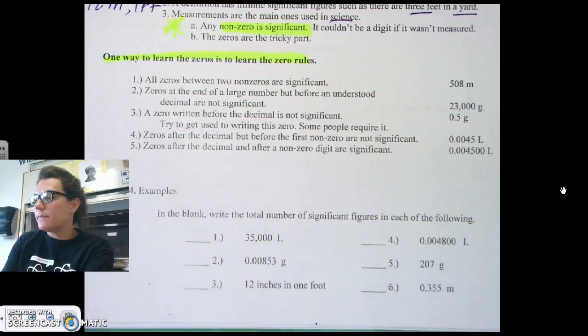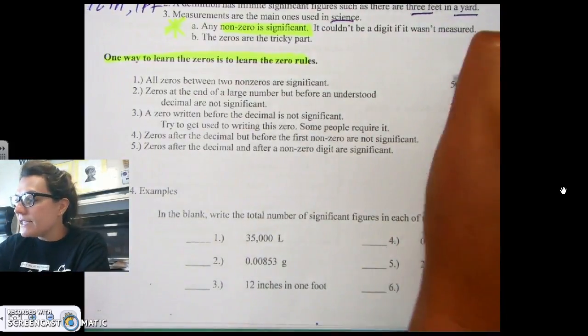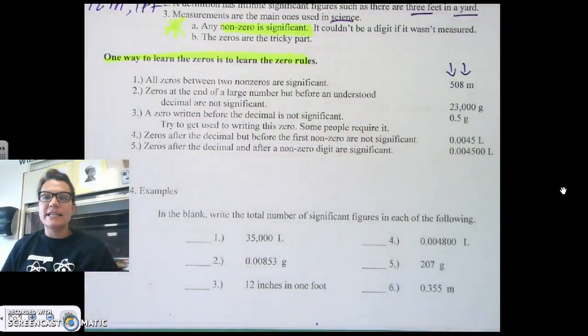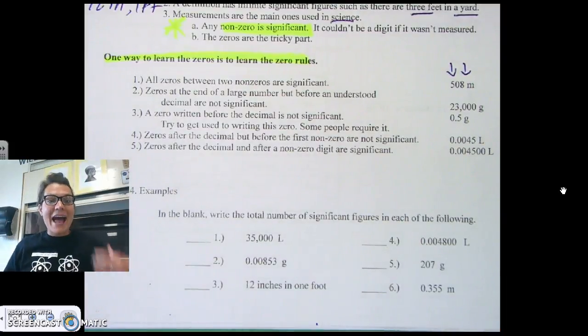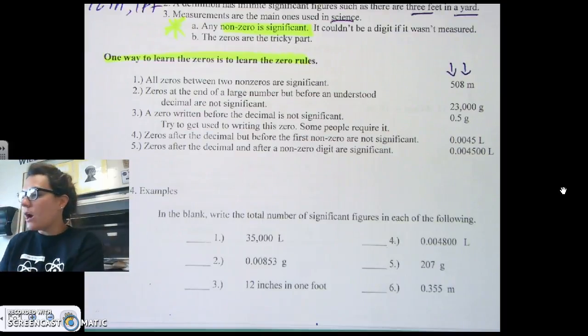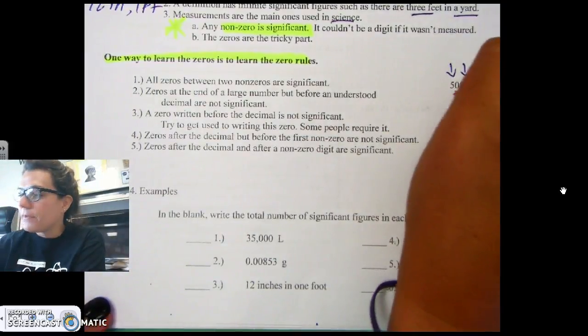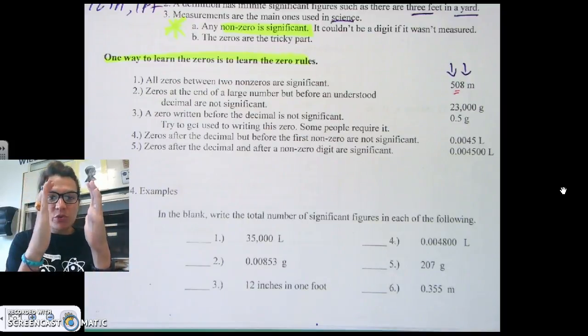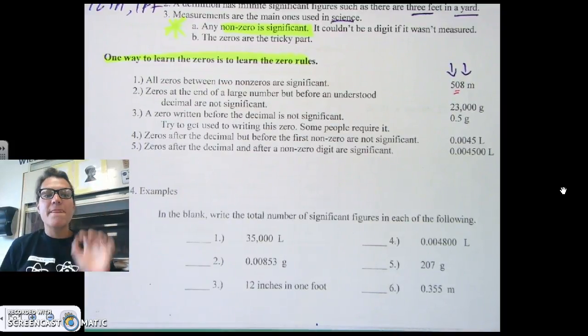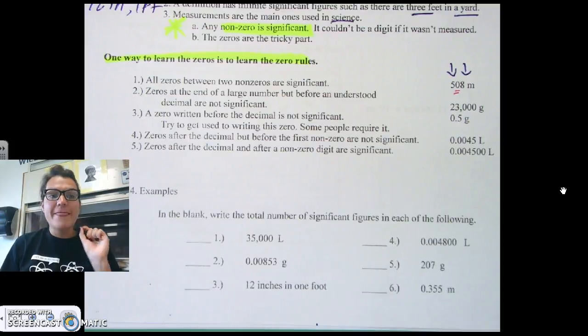508 meters. Okay, 5 is significant and 8 is significant. Why? Because I had to read them somewhere. Okay, so since that 0, or this guy in the middle, is sandwiched between two significant figures, that makes that 0 significant. So in this number, 508 meters,